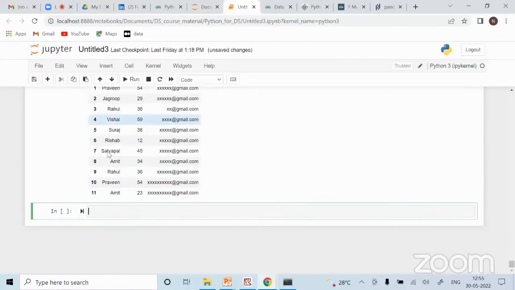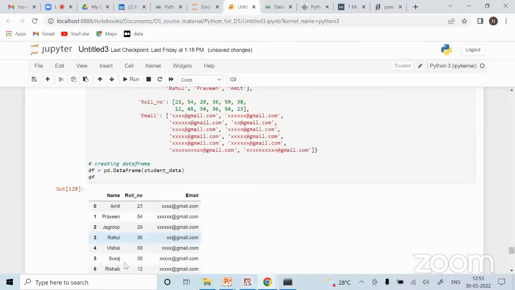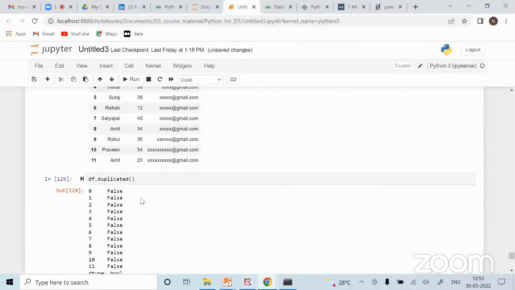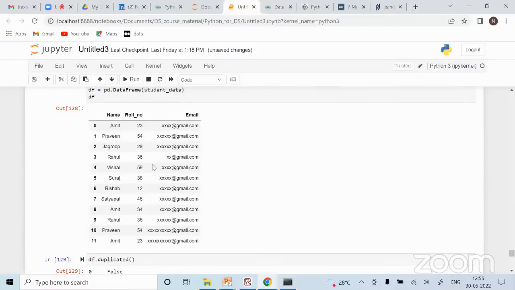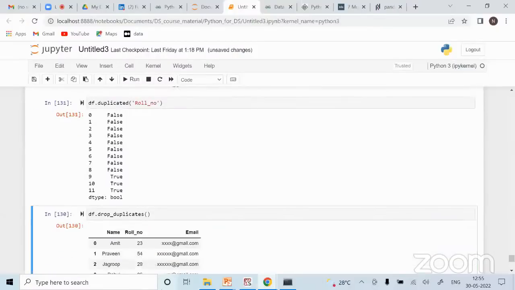So as you can see, यहाँ पे भी 12 records हैं. These are the 12 records. But there you can check duplicates, let's say if in one particular column only you want, because ideally there should not be two people with the same roll number, correct? So roll number, even though name could be the same, roll number cannot be the same. So you can directly mention that I want to see duplicates within the roll number itself.